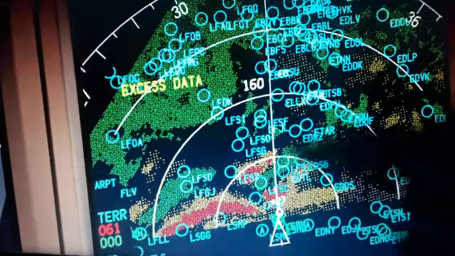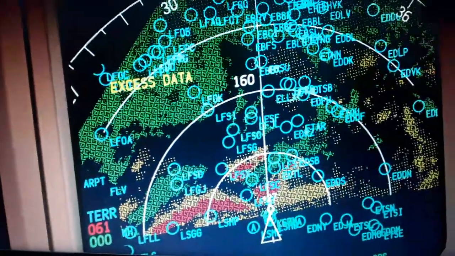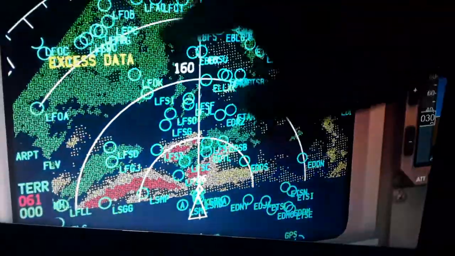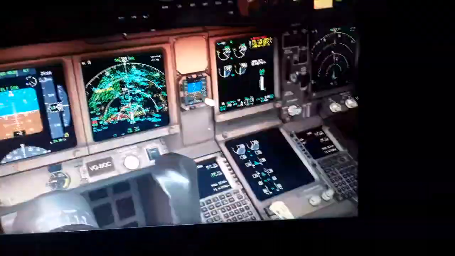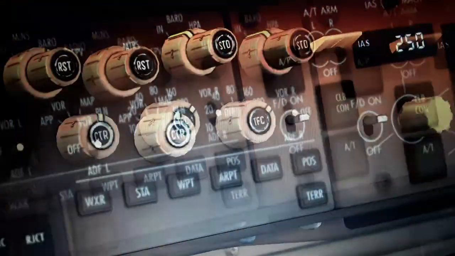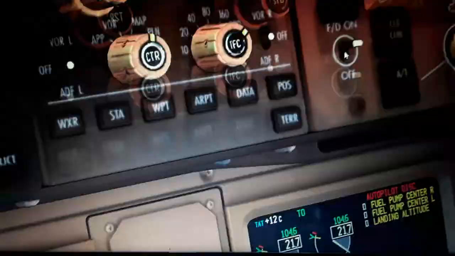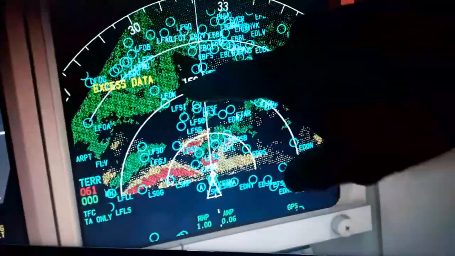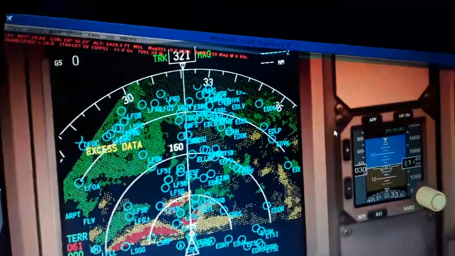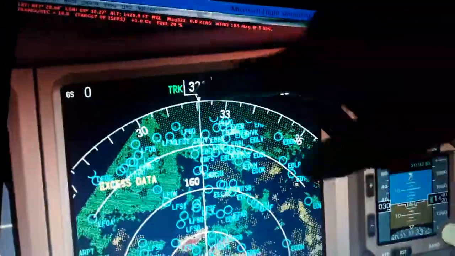You can see some airports. You can see Switzerland airports, France airports, and Germany airports over here. This area is Germany, this area is Switzerland, and this area is mostly France Valley. So we're going to be overflying Germany. You can see also some other systems. Here we have the FS panel that controls the displays over here, so you can select airports, waypoints, radio navigation. So we have the position, the GPS position, the wind direction, the magnetic track here,